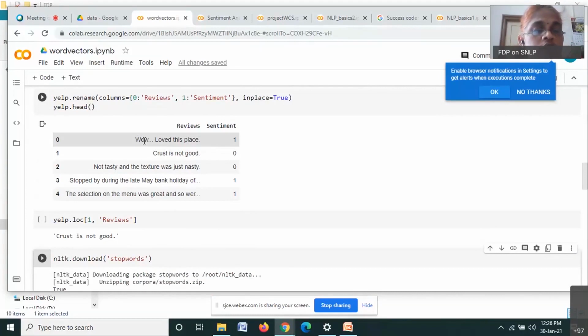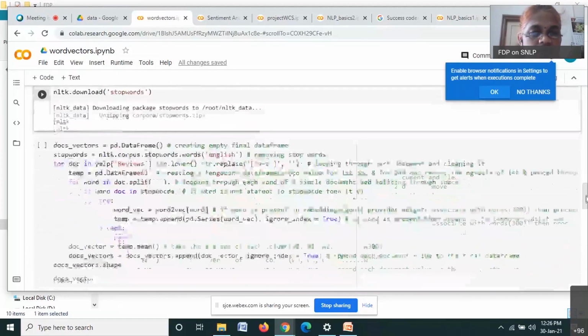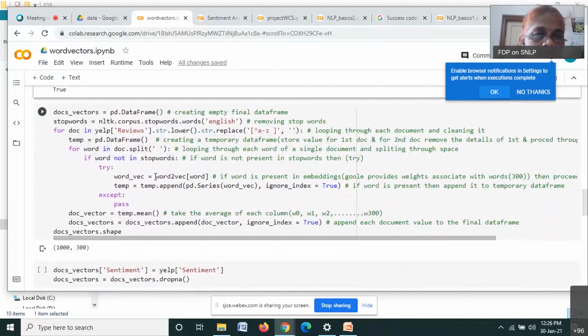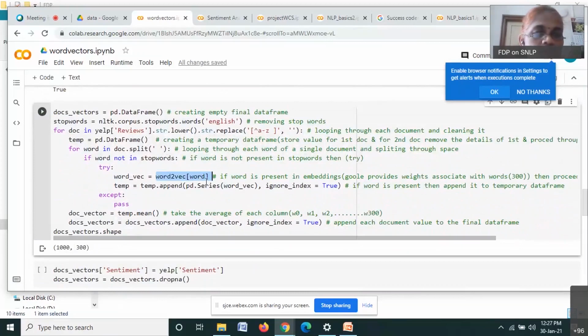For "oh", find out the embedding. For "loud", find out the embedding. For "place", find out the embedding. In fact, "louder" will be reduced to "loud" if you apply a stemmer or lemmatizer. The advantage here is that if you select the embedding size as 50 or 100, irrespective of the number of words in your text, the same size will be used. So you can make out that word2vec is used here.